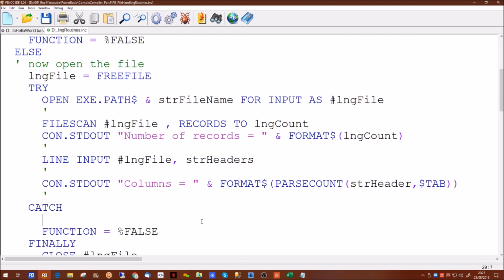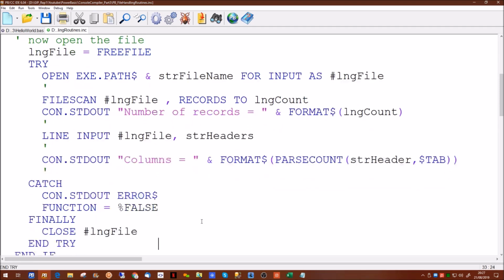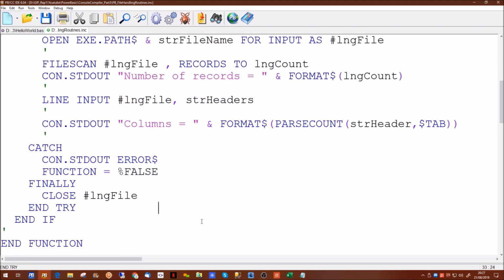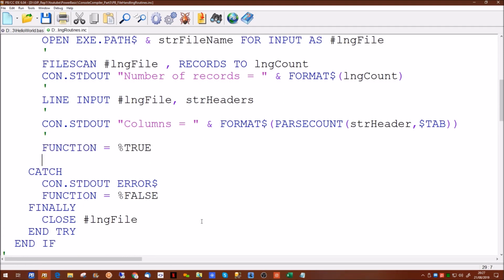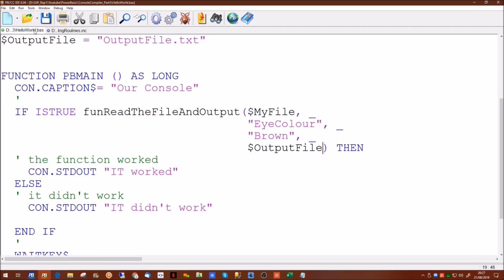And probably a good idea to output to the console, if we do get an error, what the error actually is. And assuming we get to the end here, the function can be equal to true because we've successfully got to this point. So if we try saving that, and we will run our program,